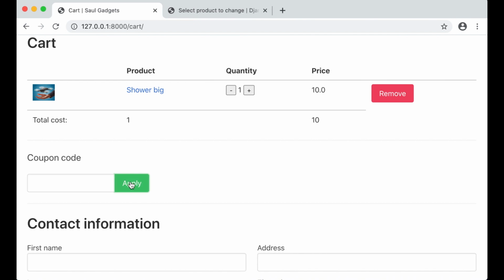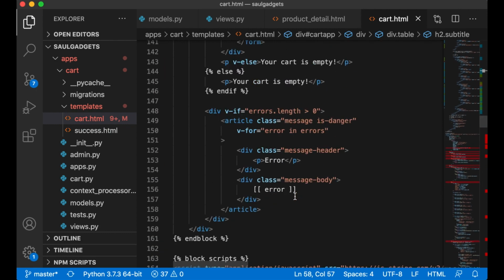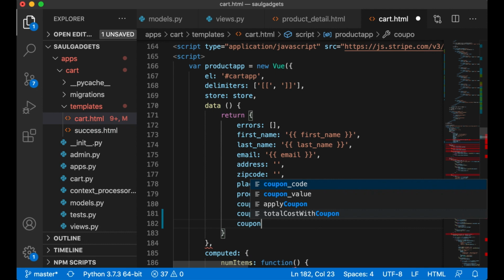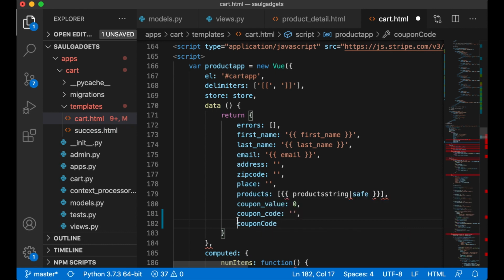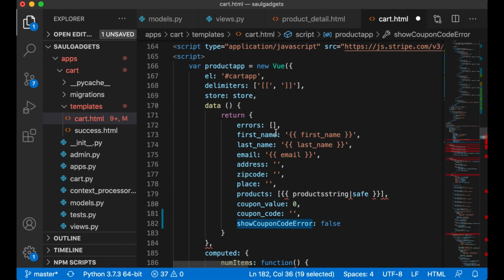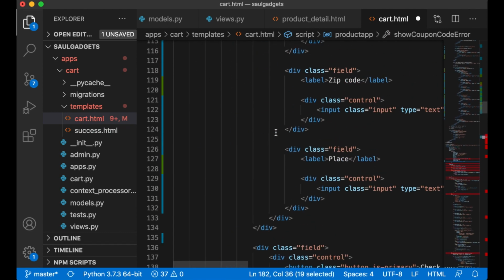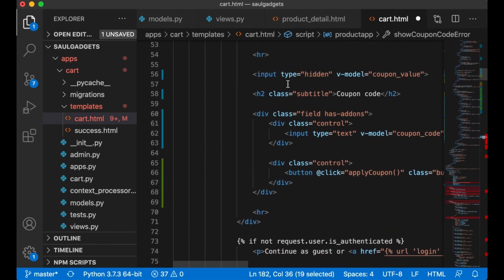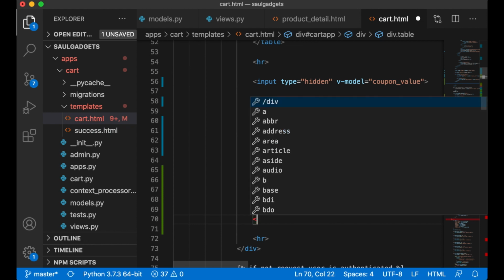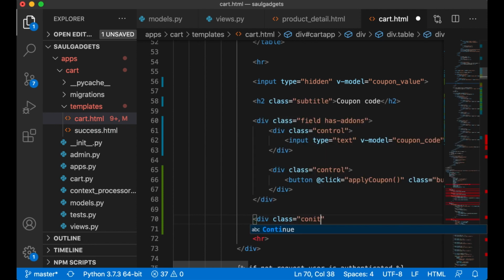One last thing I want to do is to show an error down here if I try to apply a non-valid coupon code. To do this, I go down to the Vue.js, and here I say coupon code, show coupon code error, false. And if I copy this and go up to the coupon code here, below the field I can say div class notification